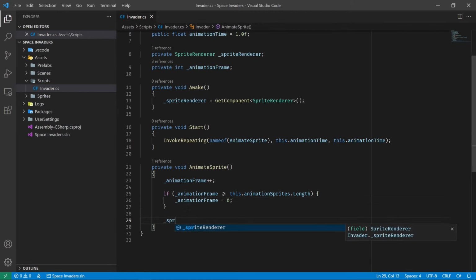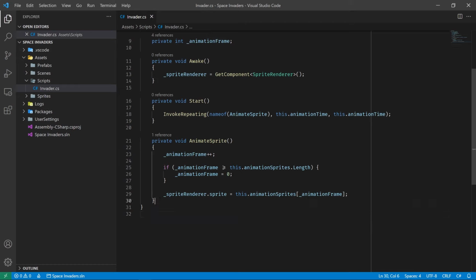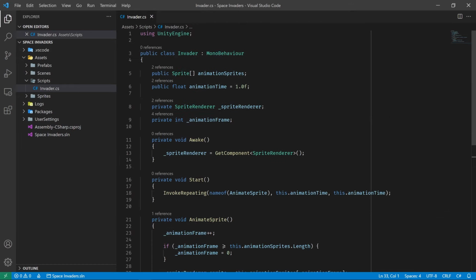And then from here, all we need to do is update which sprite we're rendering. So we say sprite renderer.sprite equals animation sprites, and then we're going to get the element at the index here, which is our animation frame. And that should be it for